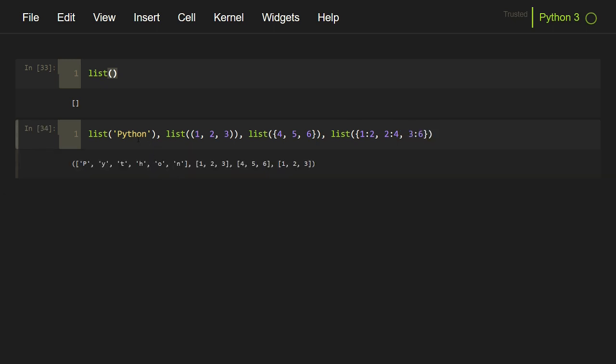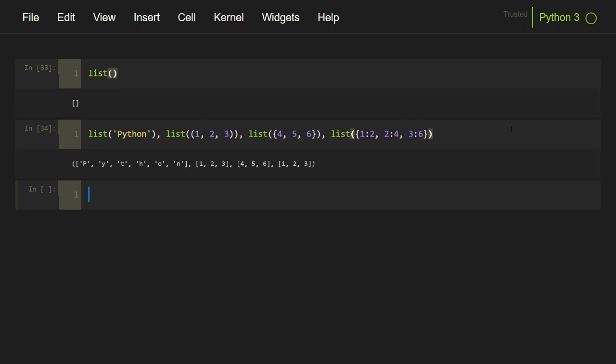And the list function converts each of these sequences into a list. For string, it separates all its characters, individual single characters, and forms a list out of it. For tuple, it is just converted into a list. For set as well. And for dictionary, you will notice that the list returned is of the keys and not the values. The values are completely ignored in this case.